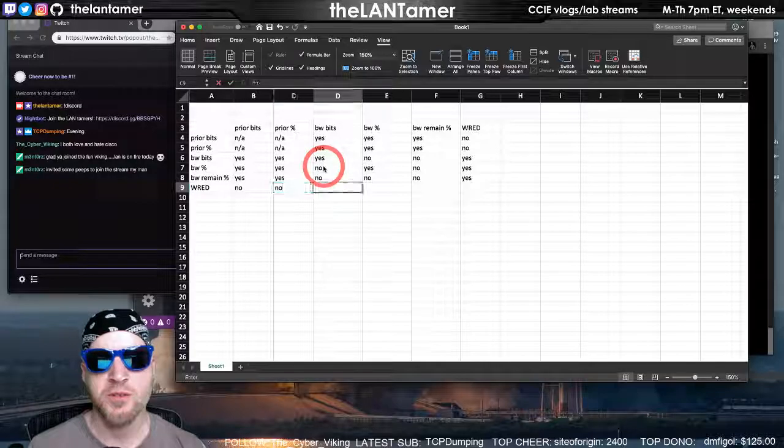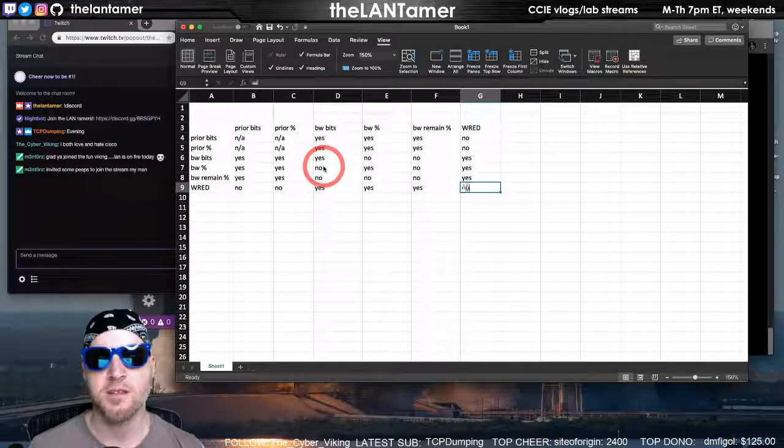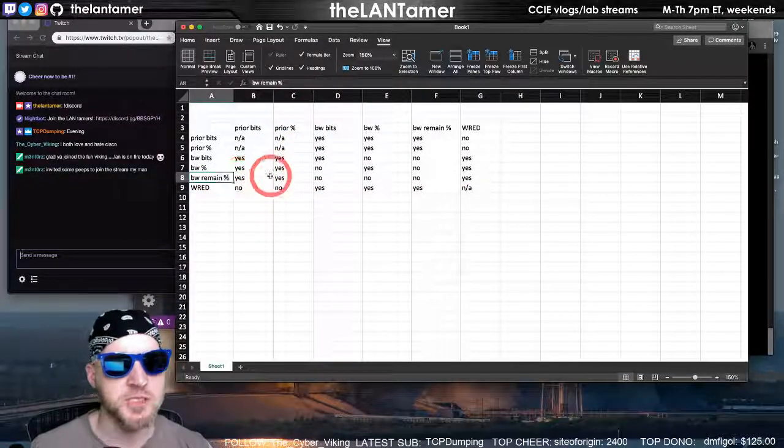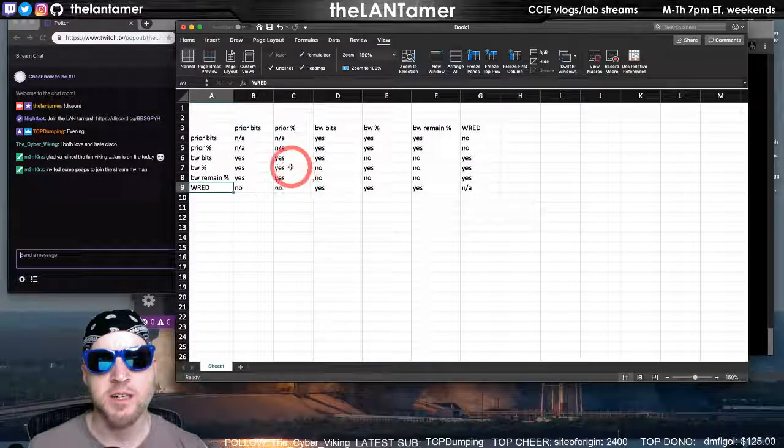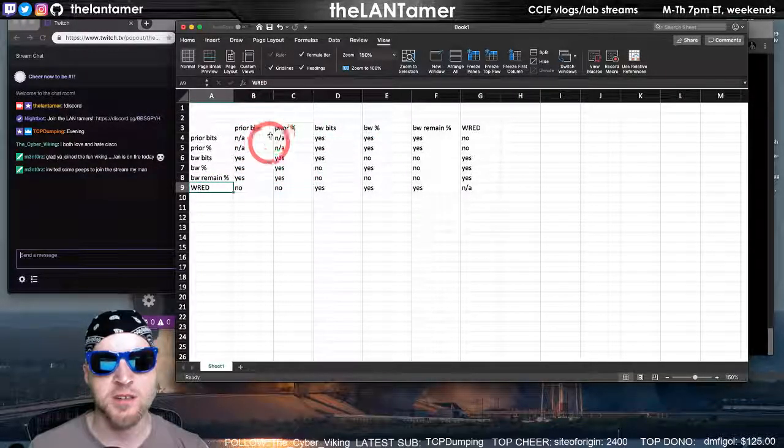So this is going to be no, no, yes, yes, yes. Redundant. So as you can see here, weighted random early detection cannot be used with the LLQ.